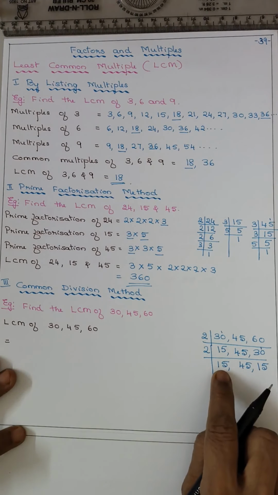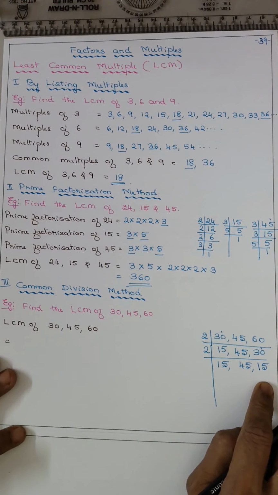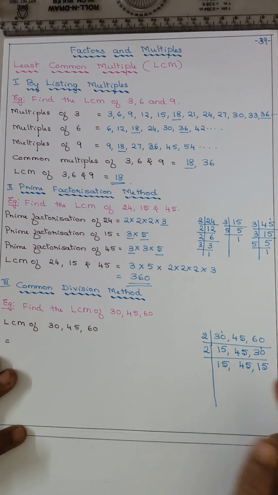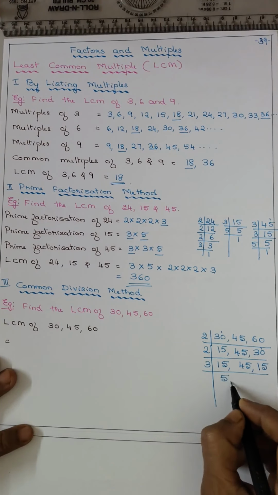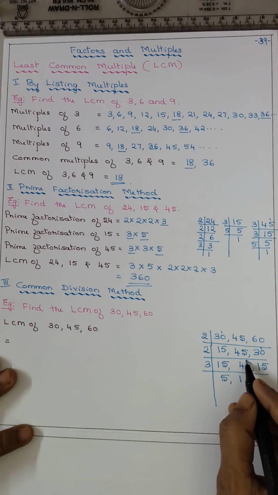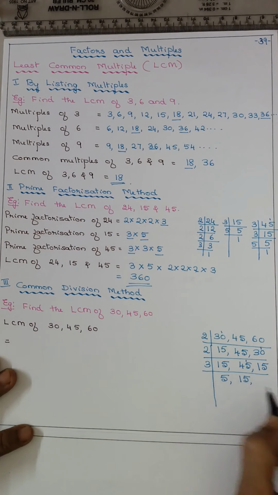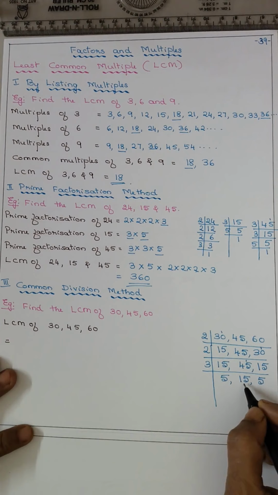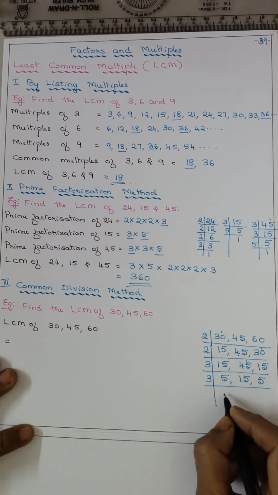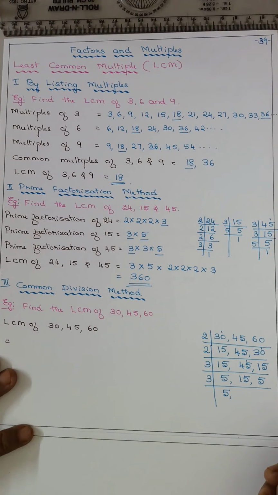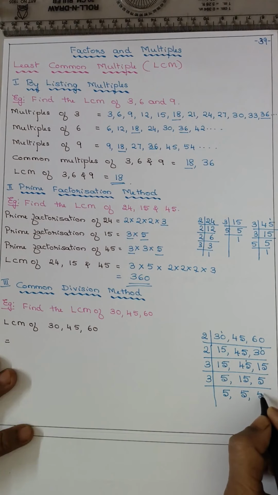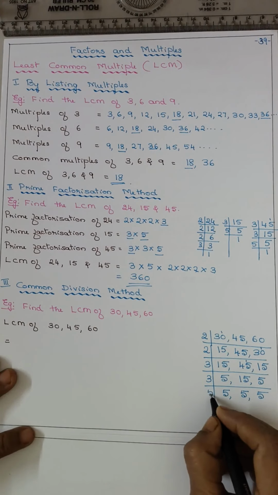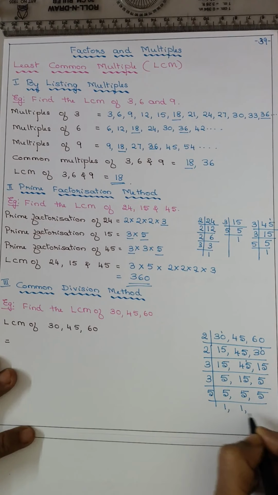Now, not even a single number is divisible by 2. So, take 3. 3 से divisible है. 3 5s are 15, 3 1s are 3, 1 remain, 3 5s are 15, 3 5s are 15. Again 3 because 15. So 3, 5 as it is because 5 is not divisible. Now 3 5s are 15 and 5 as it is. Now you put 5. 1s are, 1s are, 1s are.